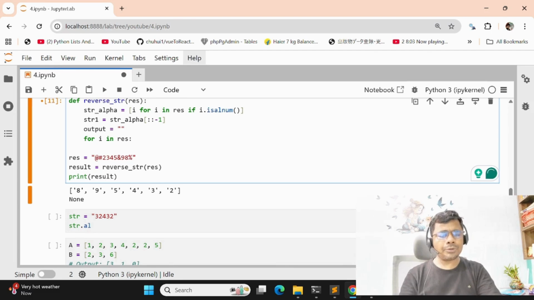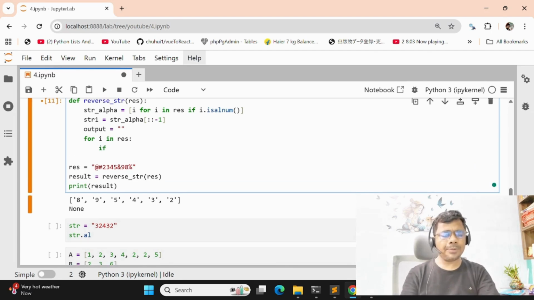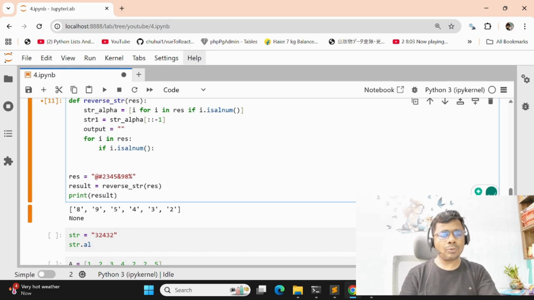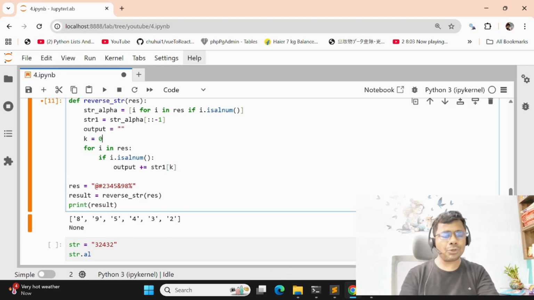First we need to check if i dot isalnum, is alphanumeric, then output plus equal to str1 of k, where we define k equal to 0.